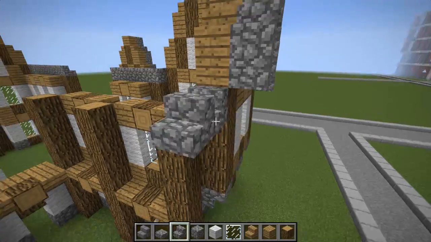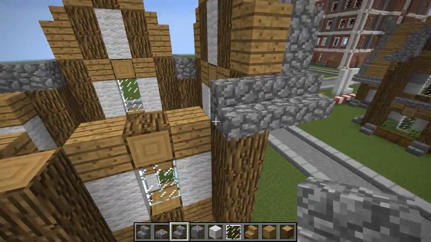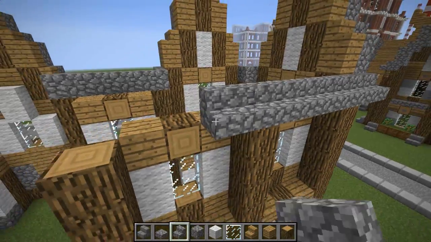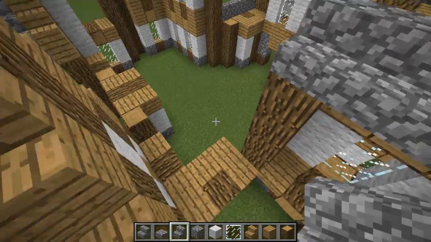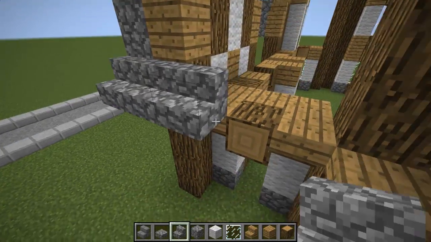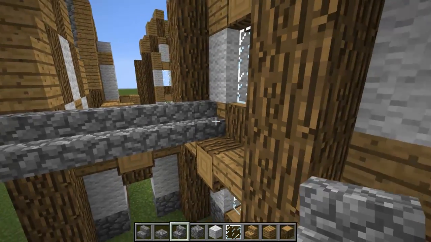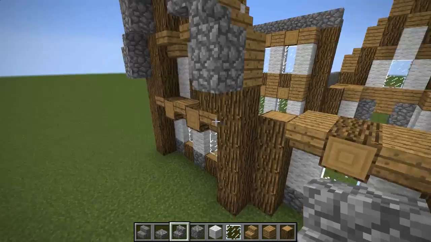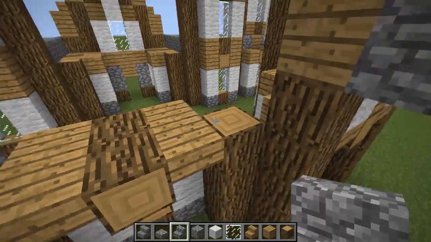Okay, and then the other side, we're just going to do it again. Make sure these are all on top of the 8-block high oak wood pillars. Okay, we'll just stop right there. Over here, do the same thing. This bit is going to run into the wall right there, which is perfectly normal. That's fine. Around here on the very back side, we're going to put our wall in and we're going to curve it